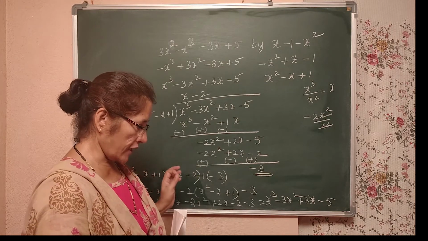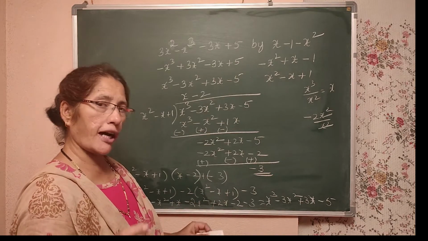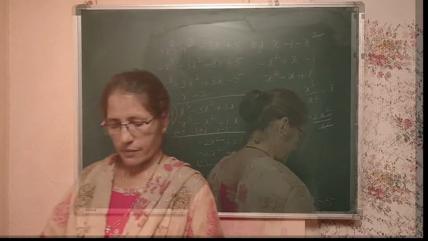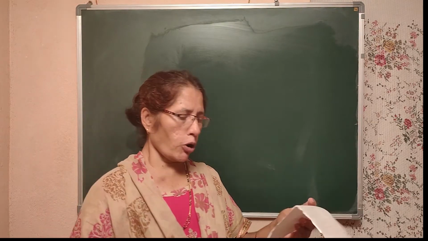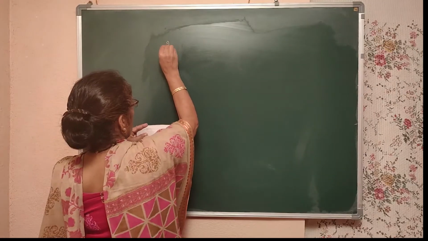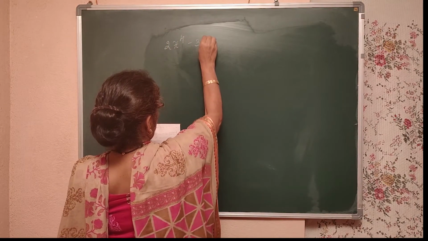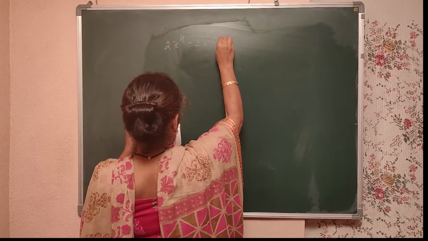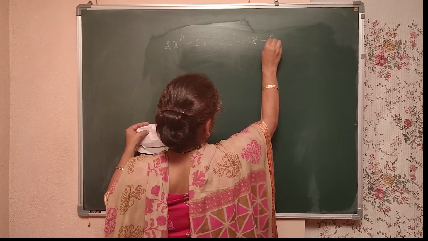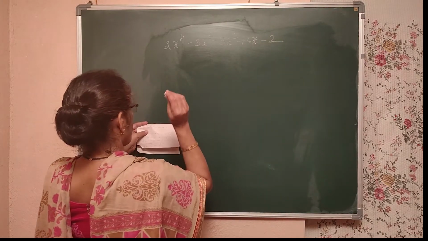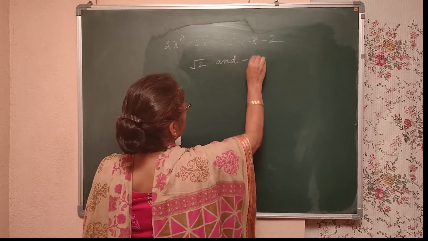Right? I will work out one more problem. After that, you see your exercise. Come on. Let me solve one last problem. Find all the zeros of 2x to the power of 4 minus 3x cube minus 3x square plus 6x minus 2, when two of its zeros are square root of 2 and minus square root of 2.